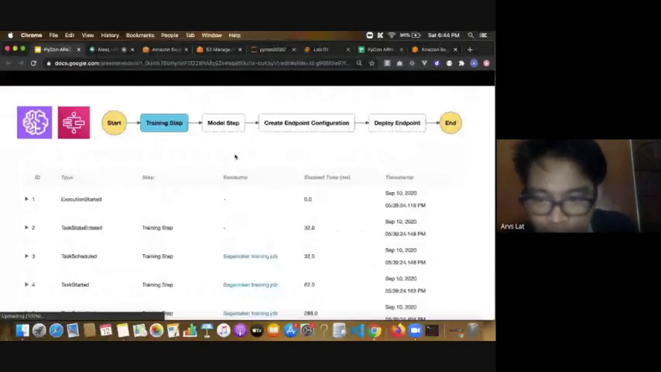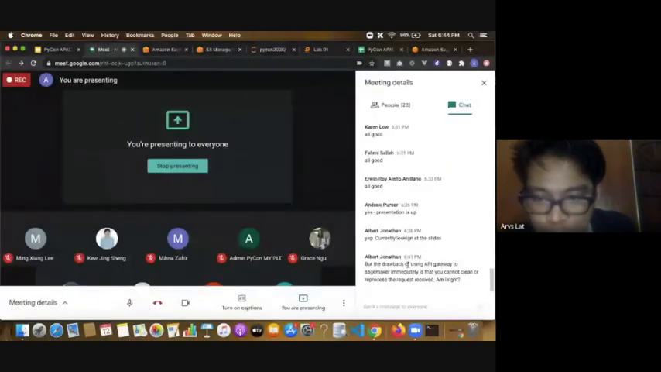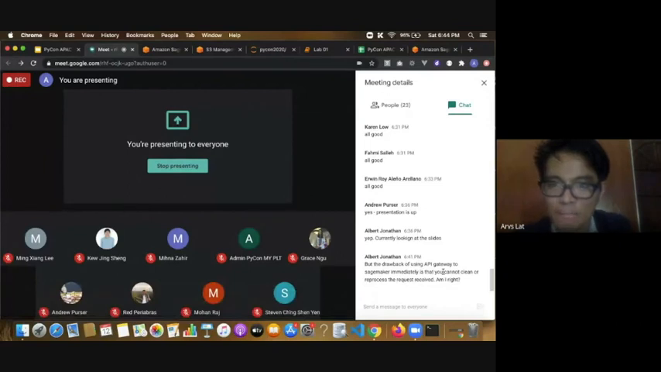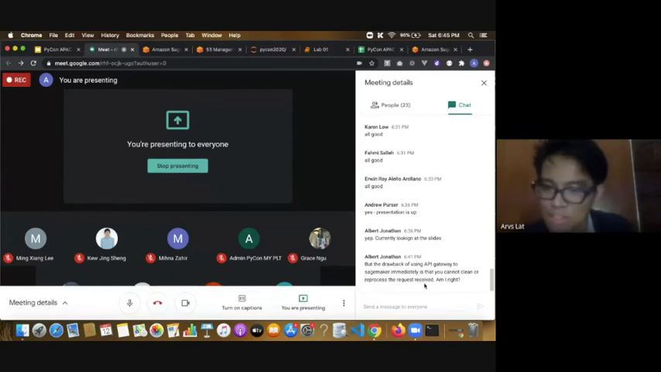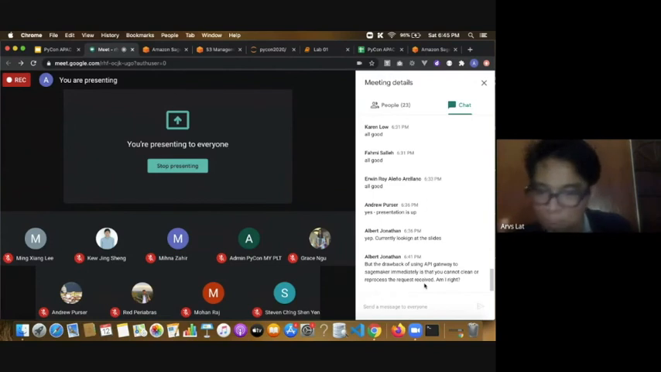There's a comment here: the drawback of using API Gateway to SageMaker immediately is that you cannot clean or reprocess the request received. That's true, that's correct, because the mapping template is limited. You can reprocess it a bit, but there's a certain limit because it's just a templating language. If you need more intermediate processing between the SageMaker endpoint and API Gateway, that's the time you introduce an AWS Lambda function between those two. So good point,